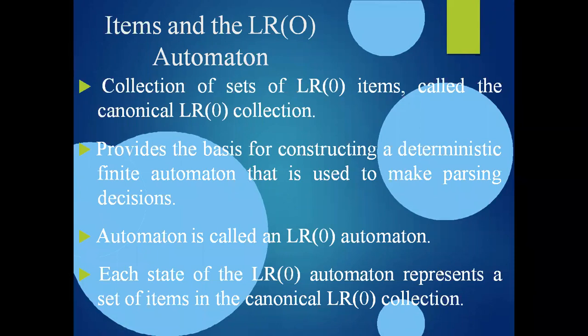Only 4 steps. The first one is the formation of an augmented grammar. In the last slide, I explained how to form the augmented grammar from the given grammar G. And here, I'm helping you understand how to construct the LR(0) items. This is the basic introduction, and now with an example, I'll make you understand clearly.